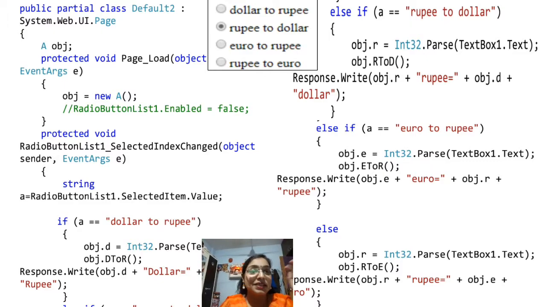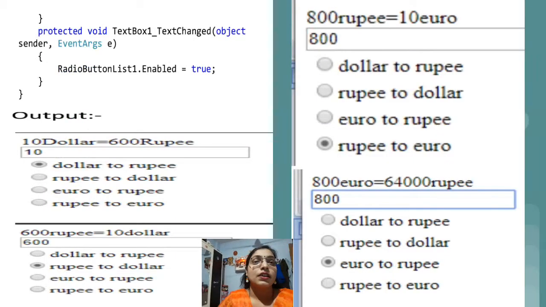So this is our second practical, and the concept which we have used here, the same concept we are going to use in the remaining programs also. So now we have seen all the logic for calling the particular function and for writing the function inside the class. So this is the output window, and before seeing the output window there is one more part, that is the text box 1 underscore text change event.